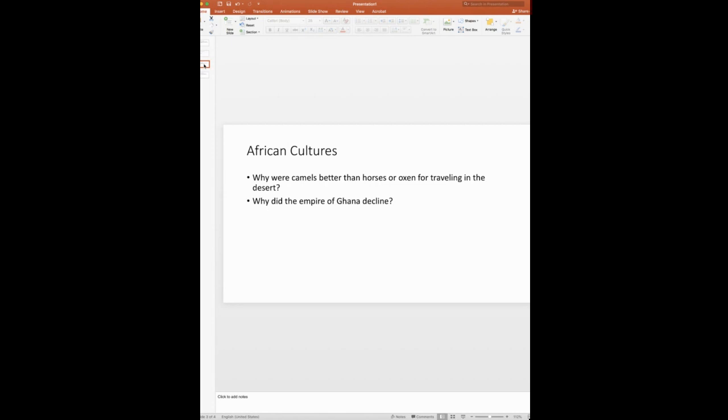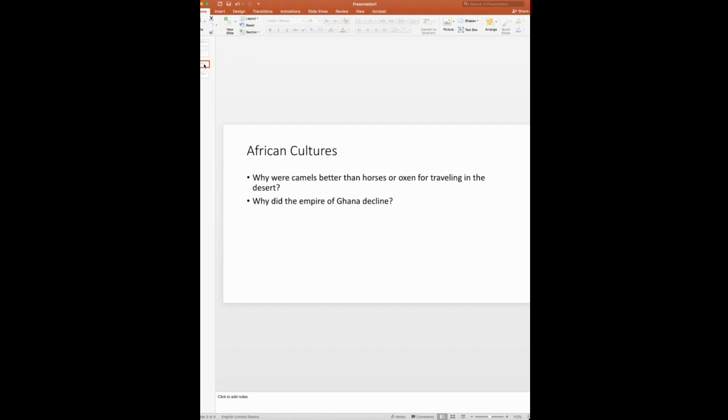Ghana is another country that we're going to read about in our studies. It's interesting because the continent of Africa is the largest continent in the world, and has a vast desert. And this allowed for some of the different travel that occurred during this time.